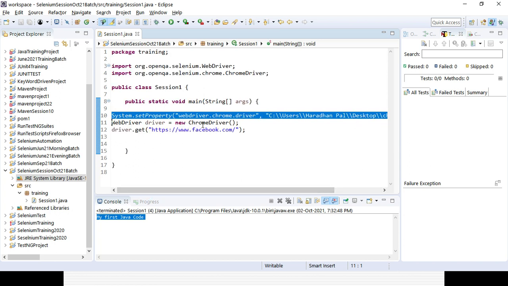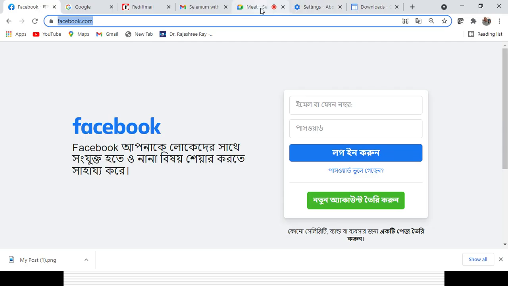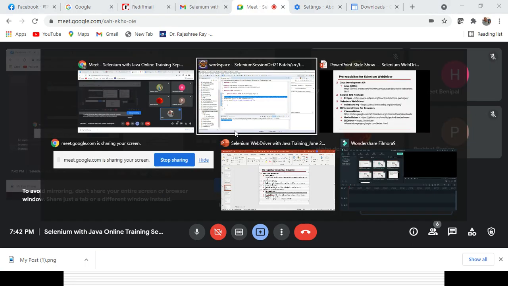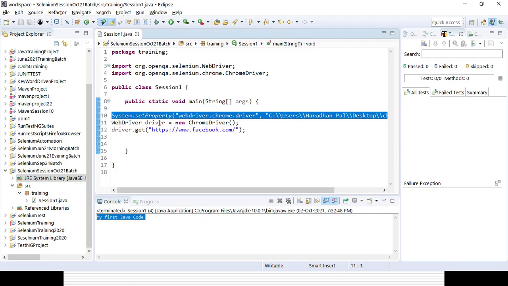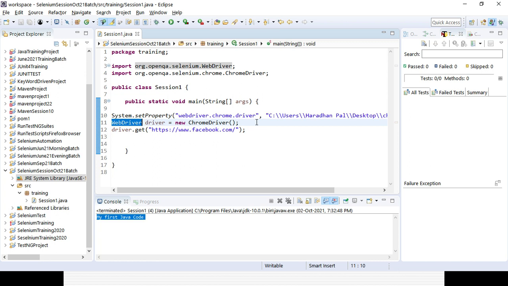Then you will be creating an object or instance. Whenever you are working on a framework or a tool, you need to learn some programming language. That is the reason Java will be covered, basic and advanced, whatever is really required. So in the initial times you need to spend more effort.